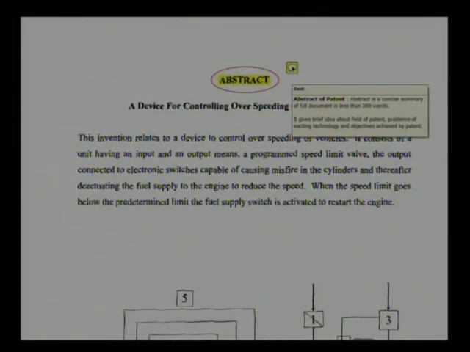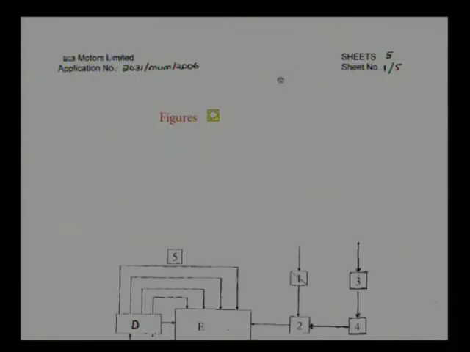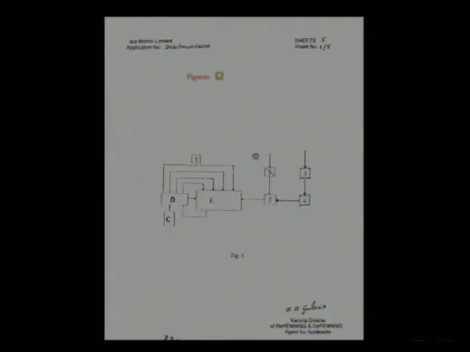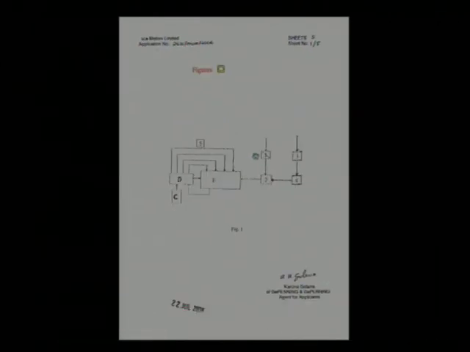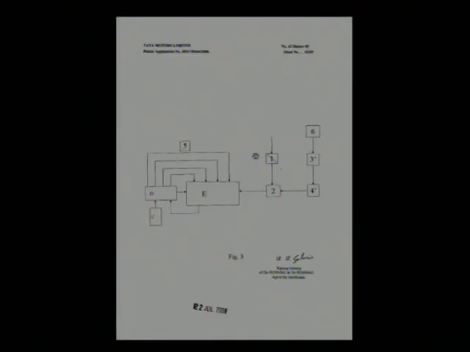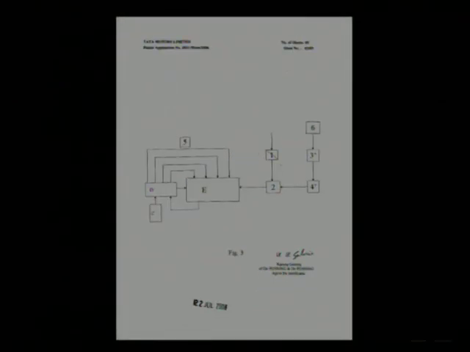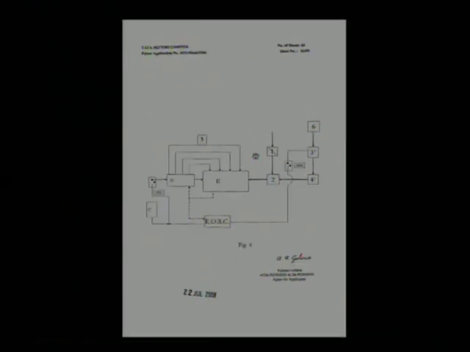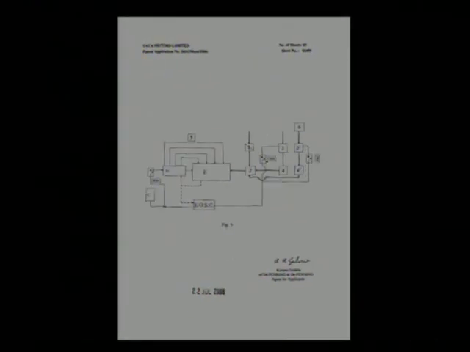Okay. The next is the abstract. The abstract explains the patent in a very brief manner. Okay. The next parts are about the figures. How many figures are associated with each patent, and they describe its technical details. Okay. So